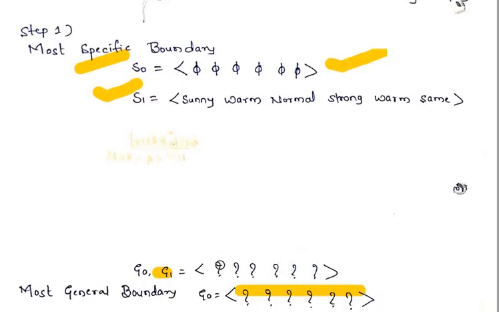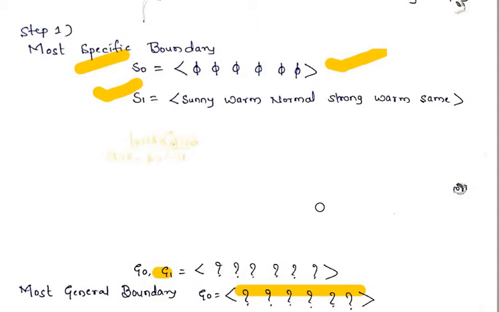So hence this question mark is classifying, or it can take any value. So hence I am keeping the same value in the next step also, because question mark can classify each and every value. It can take any values, and it can classify any values. So question mark with sunny means it is question mark only, because question mark itself is general. Okay, so next, this is the first step. What will happen in the second step?